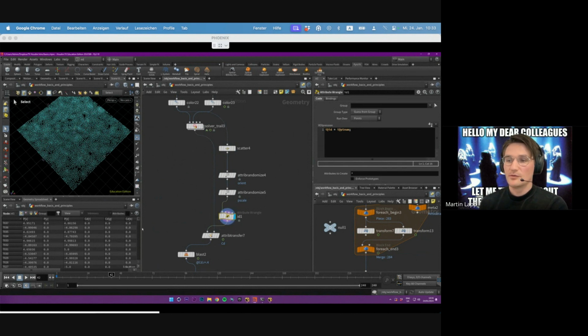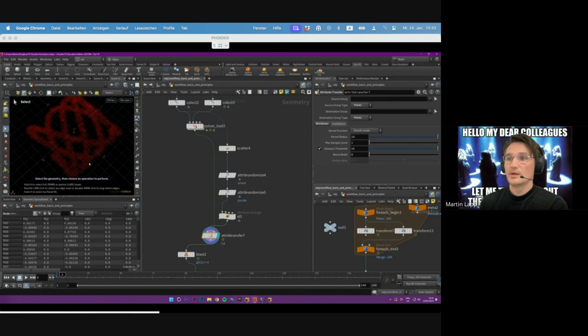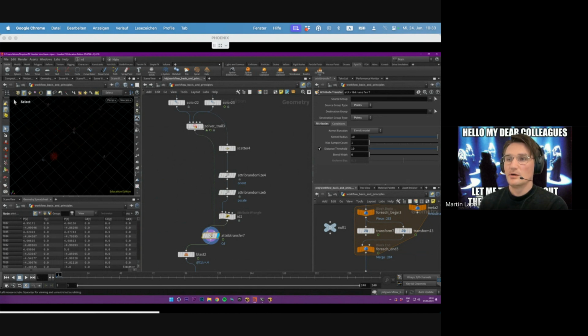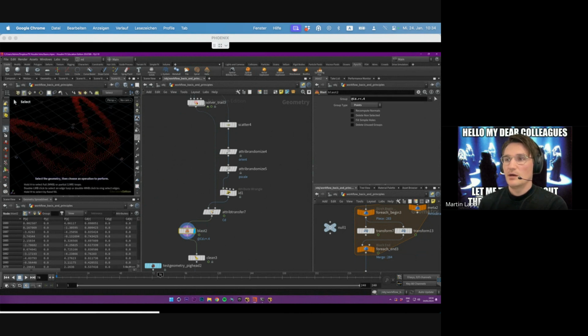And this, of course, is static, right? There is nothing happening here. So this will stay static as well. And now I'm attribute transferring the color of that sphere to these static points, right? And then I'm blasting away everything that is not red, basically. So now, if I look at my point count,